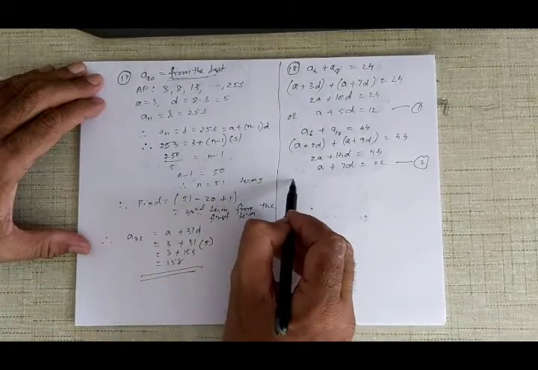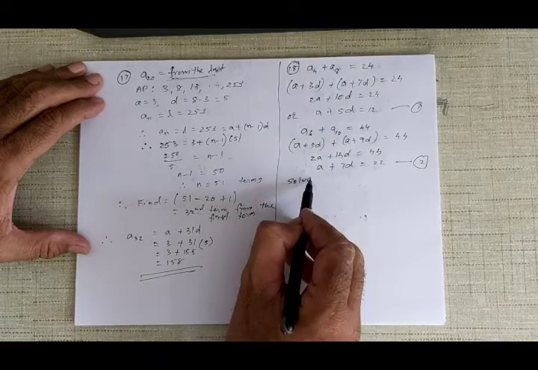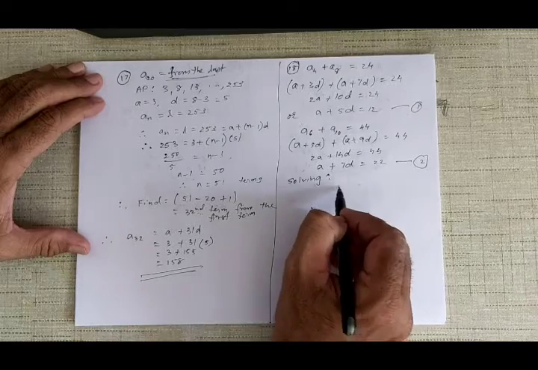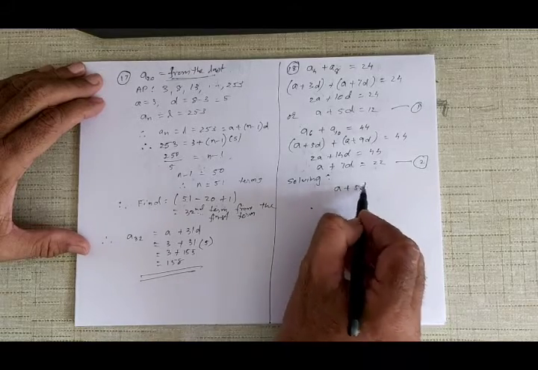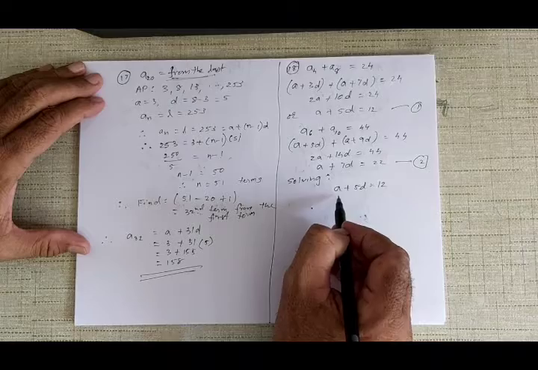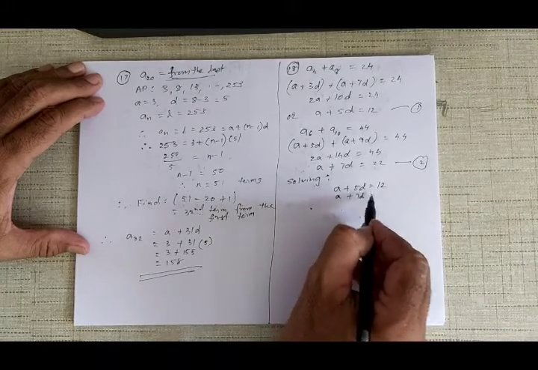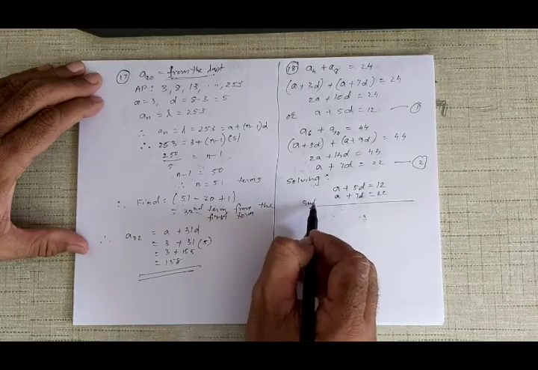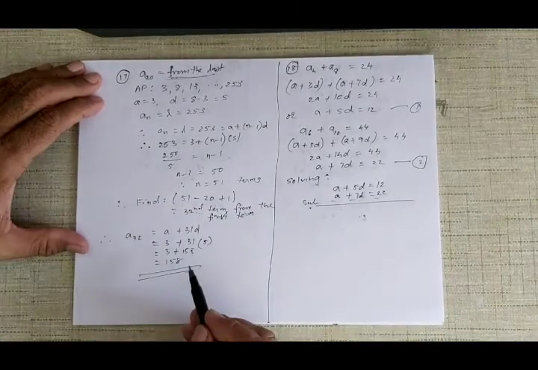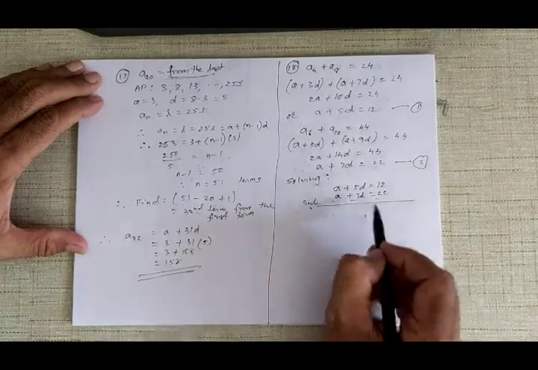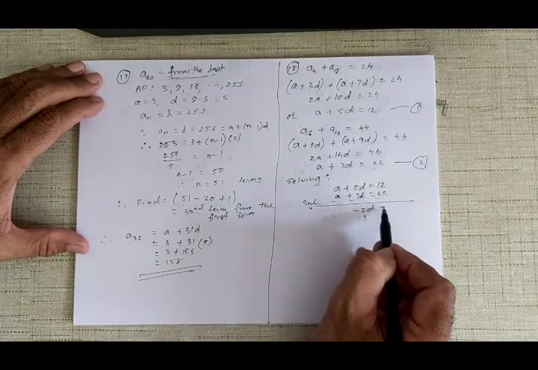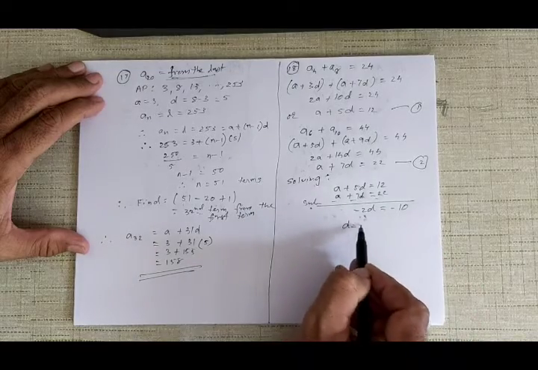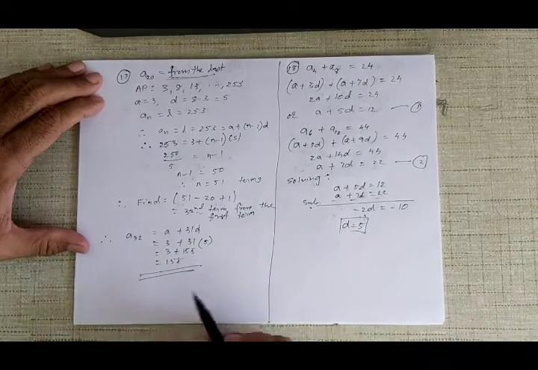Alright, now solving both equations, जैसे x और y को सॉल्व करते हैं. How will we solve them now? See, the first equation is A plus 5D is equal to 12, और इधर A plus 7D is equal to 22. Alright, अभी इसको subtract करेंगे. A ने A कैंसिल हो गया. 5D minus 7D is minus 2D. 12 minus 22 is minus 10. Therefore D is equal to 5. ये D की वैल्यू आ गई.